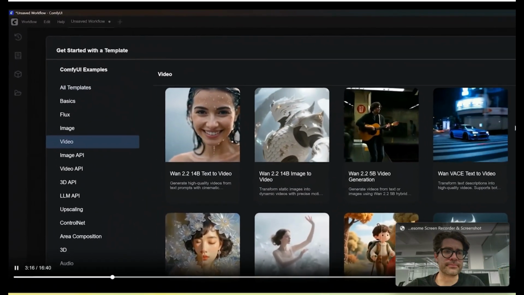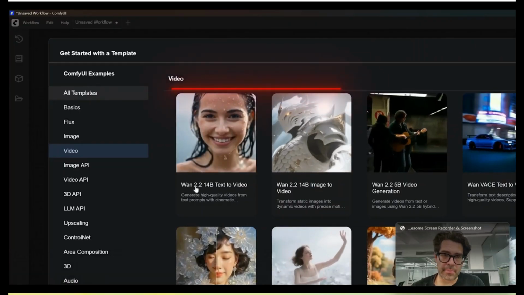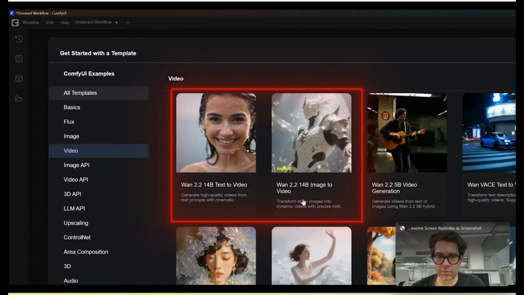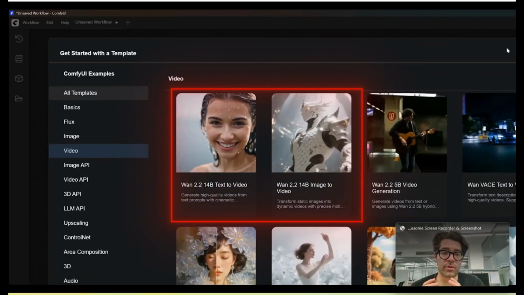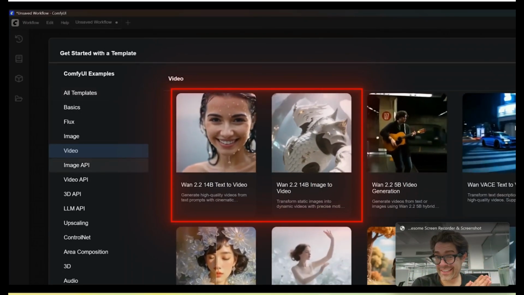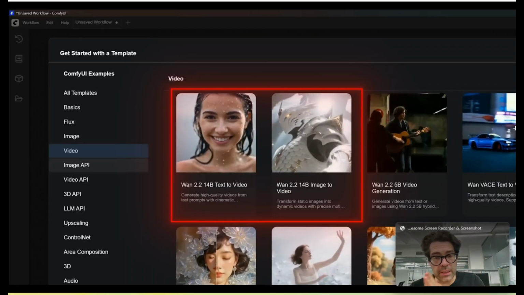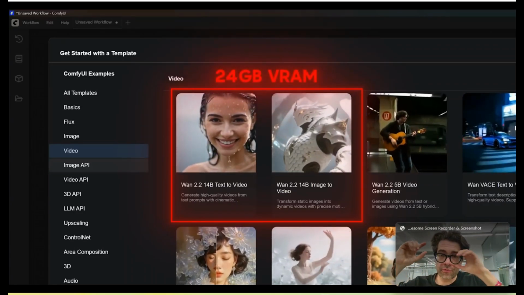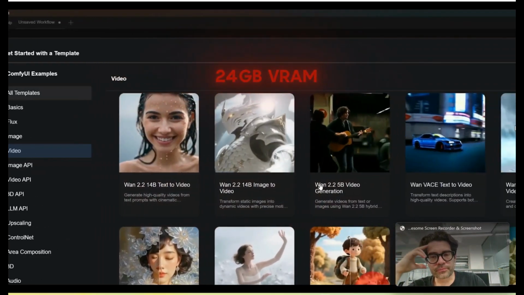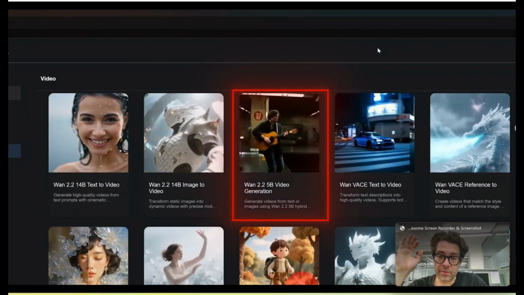And there you are. Now, the good thing about Comfy is it has a lot of templates or examples that you can use. In this case, you can use the 1.2.2, either 14 billion, which is a text to video, or an image to video. And normally, just for you to have an indication, we also have a 1.25 billion video generation, which is